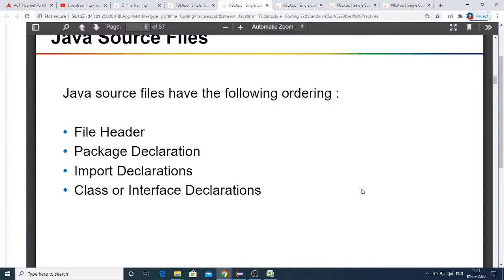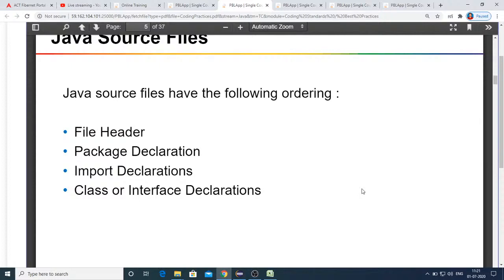So this point is to be remembered: a package declaration is a must. That means every file you make should contain first the file header and then the package statement. Anyway, the file header is nothing but a comment, so the first line of code needs to be the package statement. That package indicates that this particular file and all the classes and interfaces defined in that file will be part of that package. So the package declaration makes it clear that all the classes and interfaces written in that file will be present in that package.